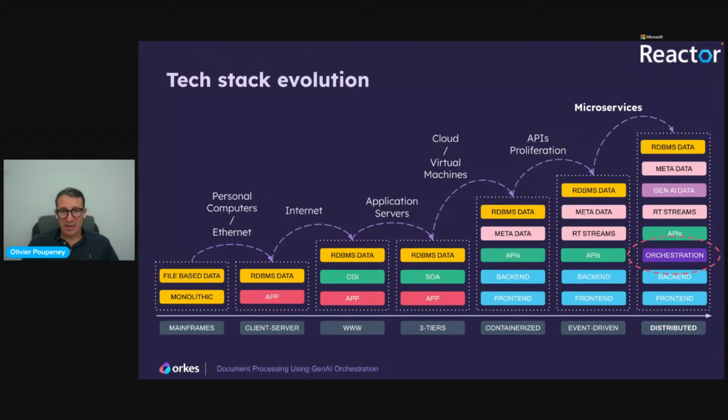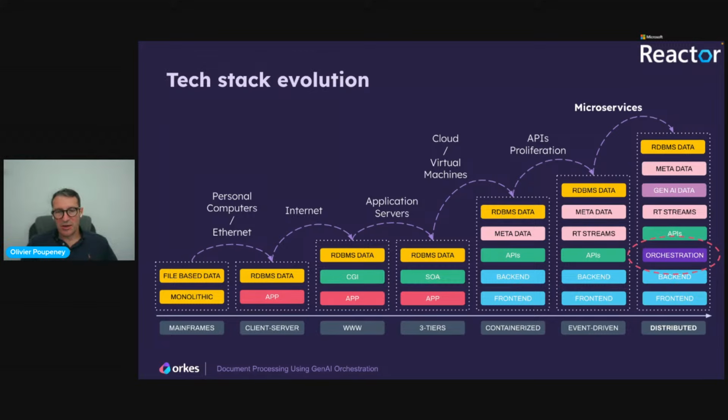All of this makes a new evolution in the tech stack for applications, and we can see orchestration now as a real defined layer in the tech stack. This is really over the last 30 years probably, the evolution of the tech stack. If you see where we are right now in distributed systems using microservices, orchestration has become really a layer that will